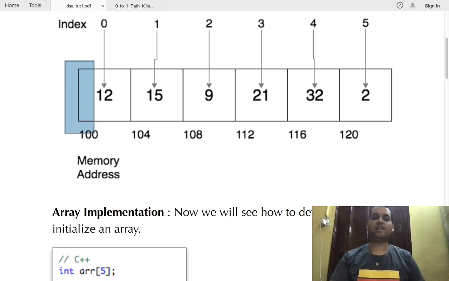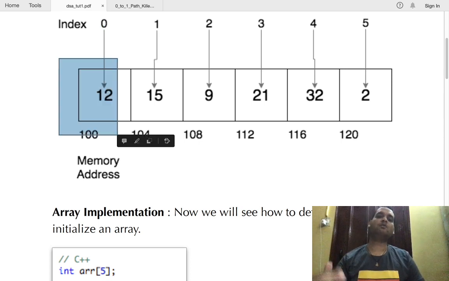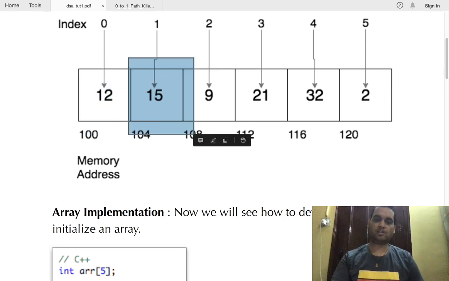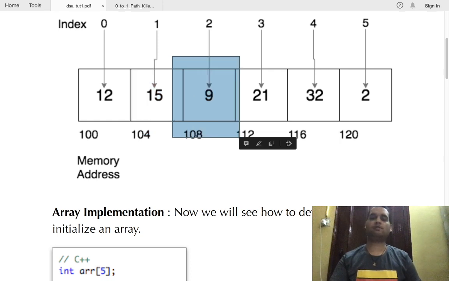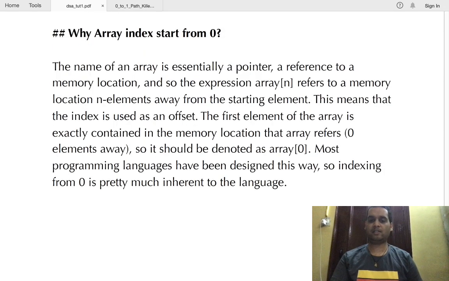So let's say we take it from 1. Then for this I would say arr plus 1 minus 1. For this arr plus 2 minus 1, because this will be the second element, and this will be the third element. If I wish to access its address, it will be arr plus 3 minus 1. So we have to do the extra overhead of minus 1. So why do it? That's why we take index from 0. You can tell this answer to the interviewer in your own words.